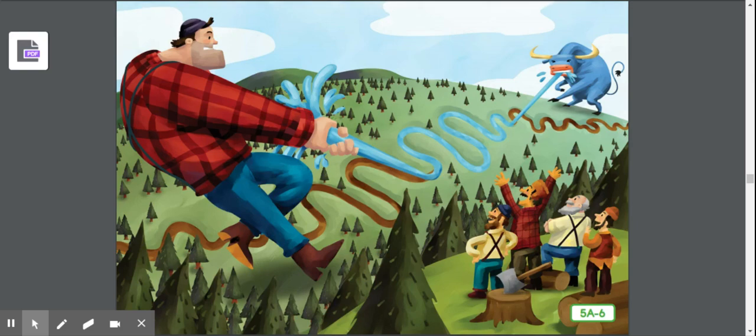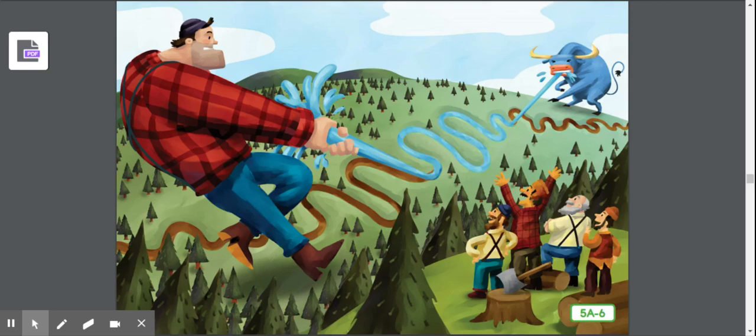Babe and Paul helped the lumberjacks solve all sorts of problems. Once there was a river that was full of twists and turns. Sometimes the trees would get stuck in the turns and never make it downstream to the sawmill. But Paul Bunyan thought of a way to fix that. He went to one end of the river and sent Babe to the other end. Paul grabbed the river and pulled in one direction, and Babe in the opposite direction. Then snap! Just like that, all of the kinks were pulled out and the river was straight as an axe